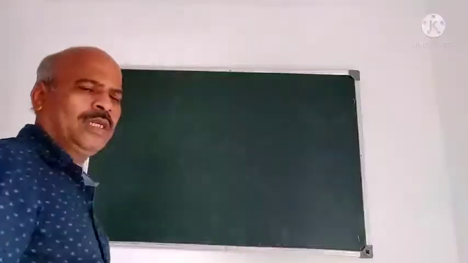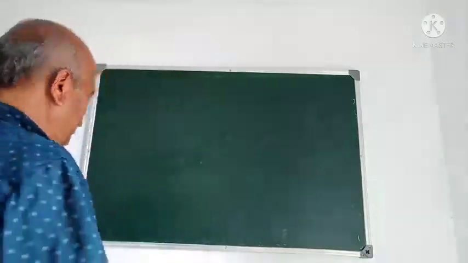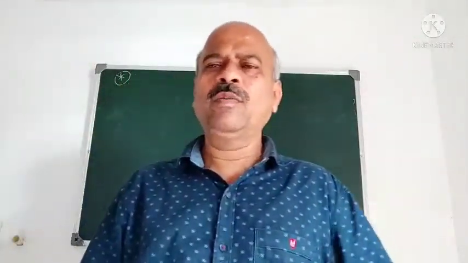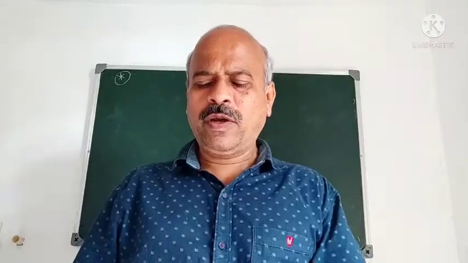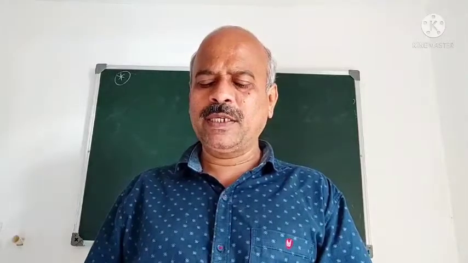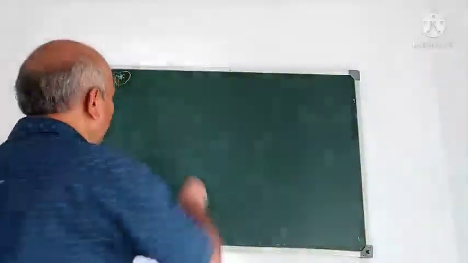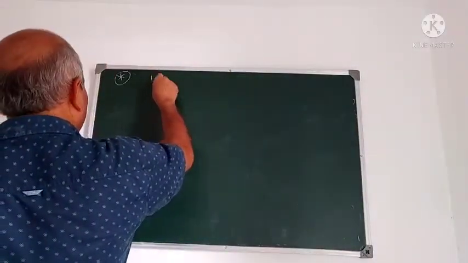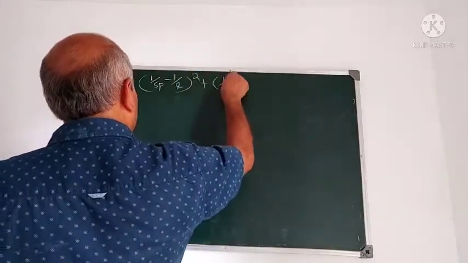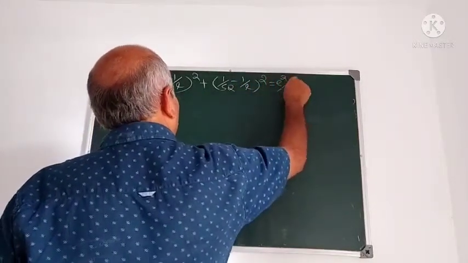I think the problem is understood for all of you. Next, you can expect this type of problem here. One more problem, take this. If a chord PQ of a conic whose eccentricity is E and semi-latus rectum L subtends a right angle at the focus S, prove that (1 upon SP minus 1 upon L) whole square plus (1 upon SQ minus 1 upon L) whole square is E square upon L square.